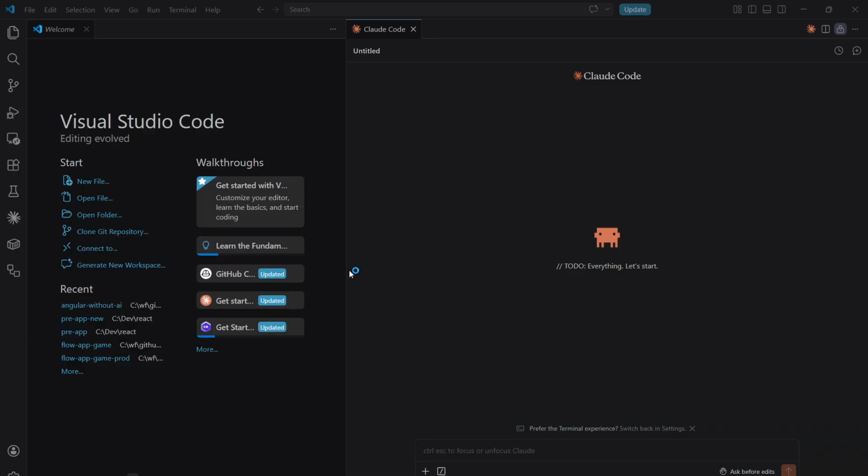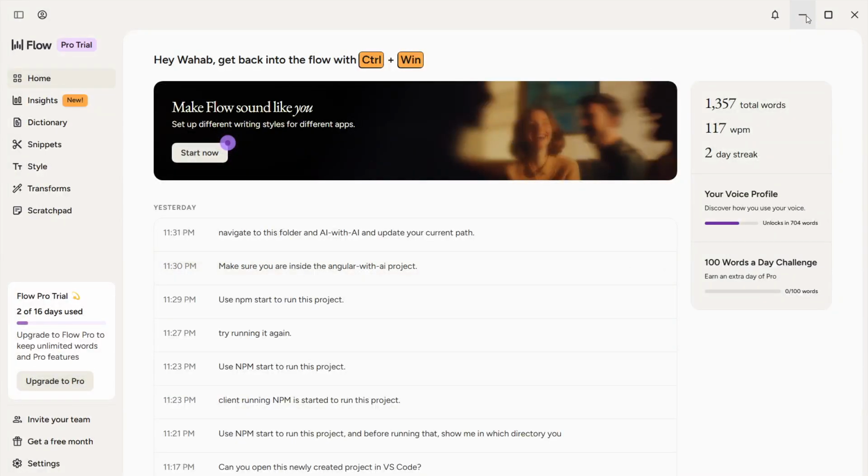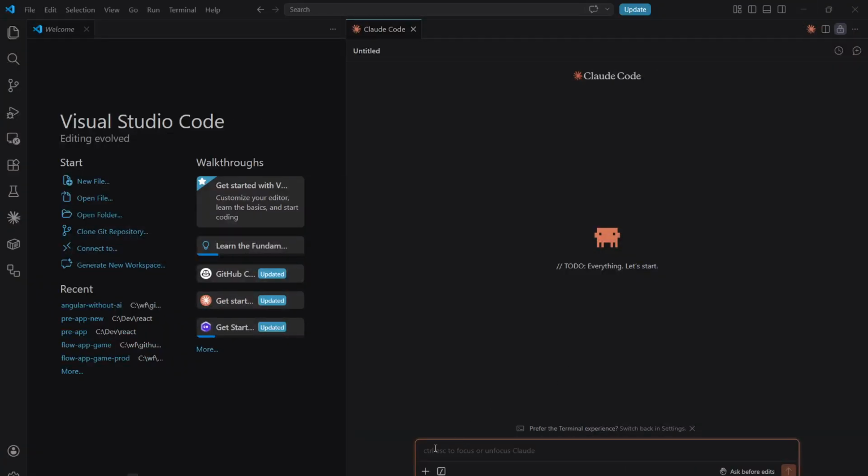Let's just open this up. Okay, which model are you using? Let me just ask Claude Code. I'm not typing a single word. I am using my voice to get this generated, and then I'll be using it within the